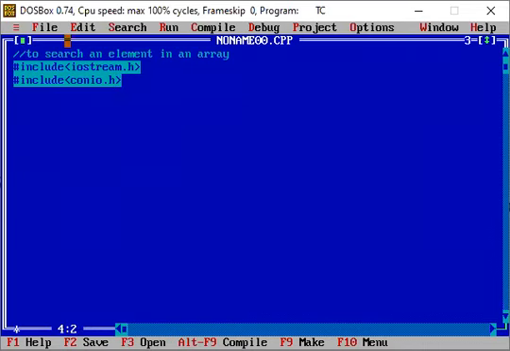Okay, so here we will be using a void main, so we have started with that void main.